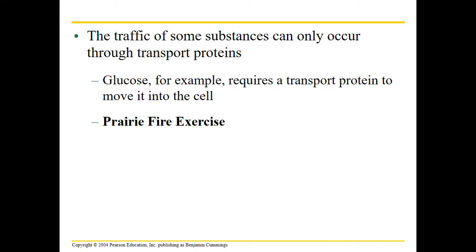If we were face to face, I'd have you do a prairie fire exercise. Not really sure why it's called that, but I'd have you look through your book, and for every organelle you find, I'd have you list important functions. So this is a good exercise in helping you determine which functions are important to these organelles, to help you evaluate what's important without me hammering it into your skull. This is important, this is important, this is important. So if you want to do that on your own, do so now. Pause the video and work on that. If you don't want to do it, then just keep playing the video